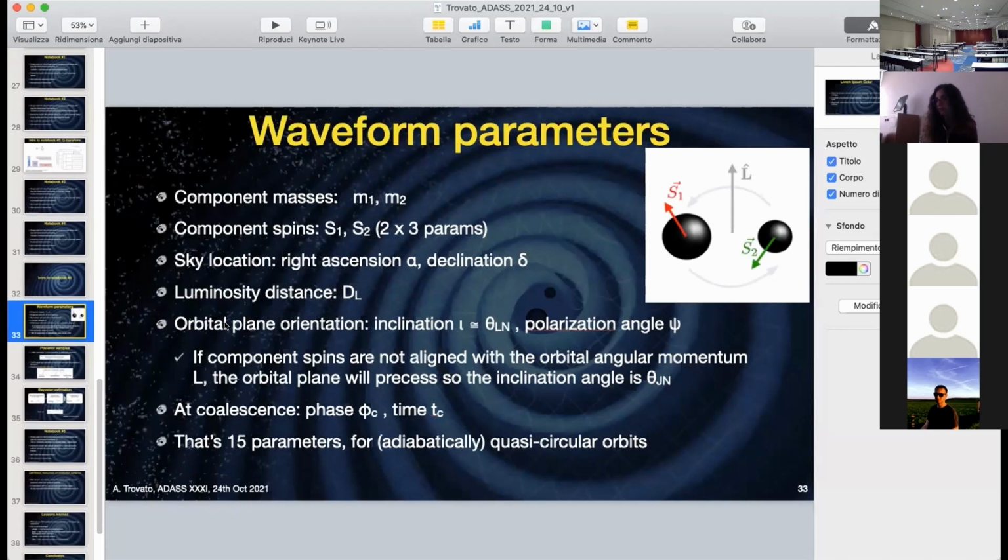or neutron stars, as I mentioned, there are different parameters that can influence the waveform that we have just seen. We have seen the effect of the luminosity distance and the masses, but then there are many other parameters like the spins, the right ascension, the inclination, so everything that depends on the position of the system, and the phase and so on. So at the end, you have in total 15 parameters